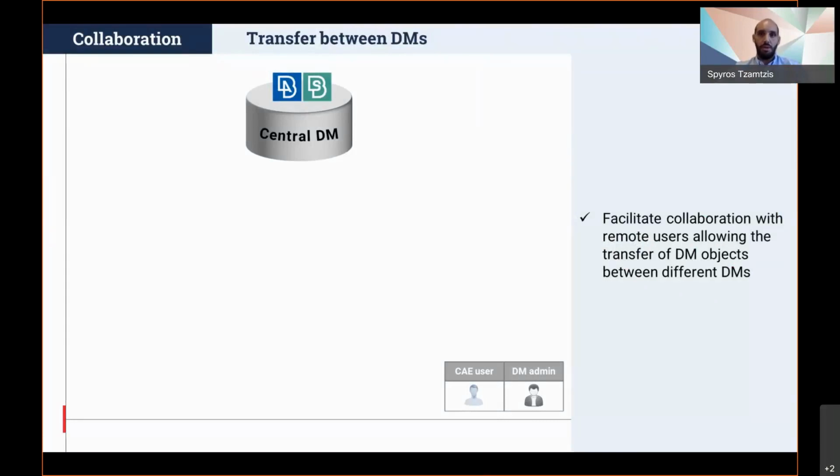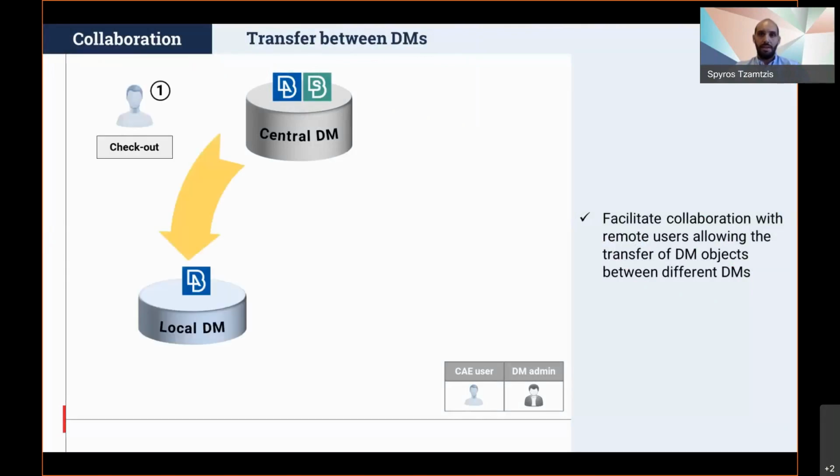To facilitate team collaboration in cases where some remote users cannot be connected to the central DM constantly, or users are not granted write permissions to this central DM, a new function called Send to Other DM has been introduced. With this function, selected content from a central DM can be transferred to a local DM so that users can work on this data extraction offline.